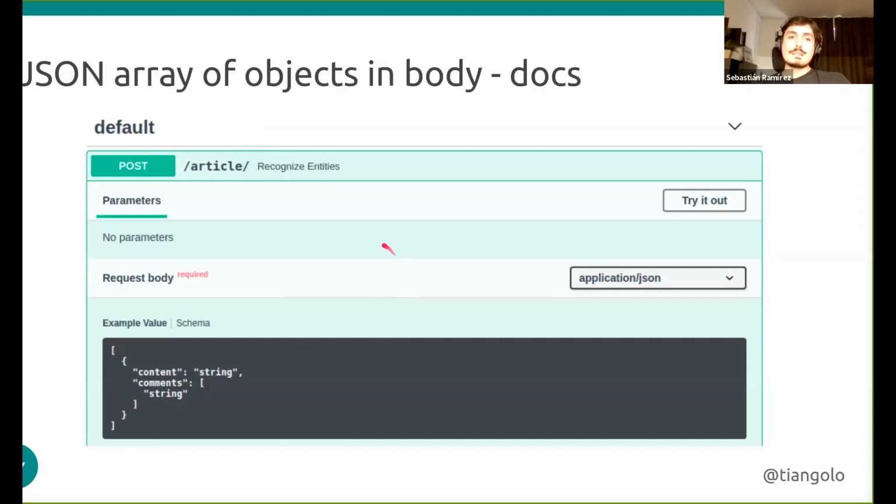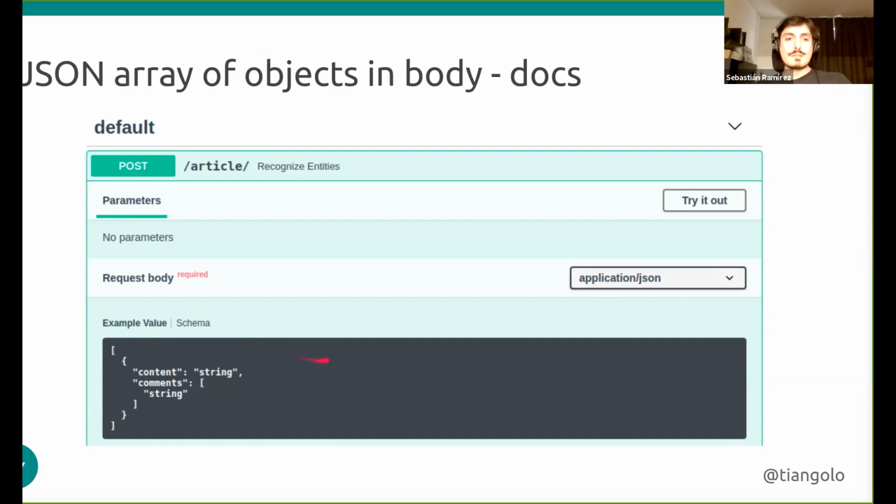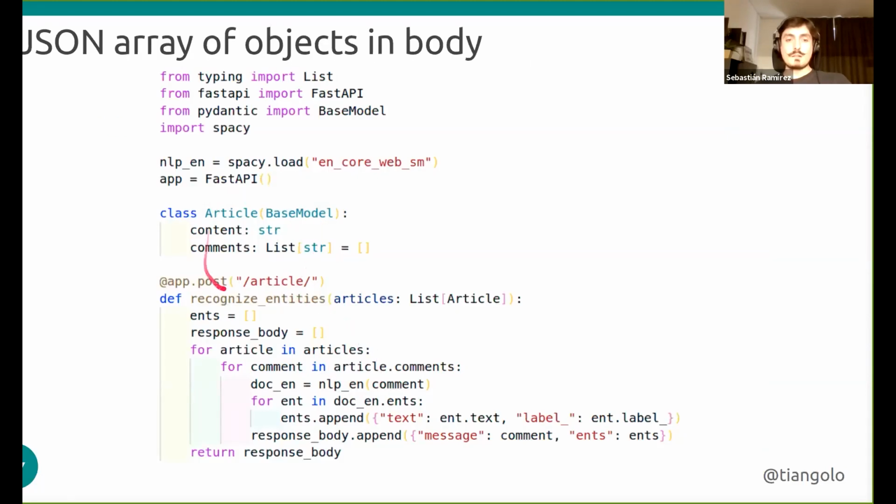And if we check it in the documentation, we can see that the example value is updated. We now have a list. We can see the square brackets here. It's a list that should contain this shape. So the documentation is automatically updated, and the data will be automatically serialized or converted. FastAPI will take care of converting all the data that you send to the type of data that we are receiving. So if you declare something is a Boolean or an integer, it will read it and convert it to an integer, in the shape that you declare.